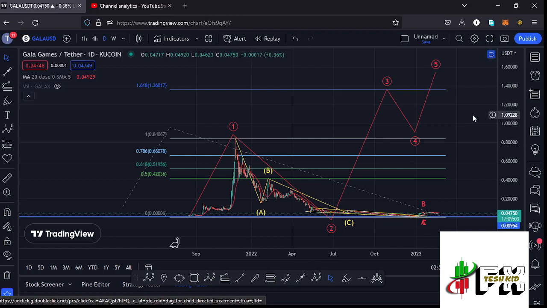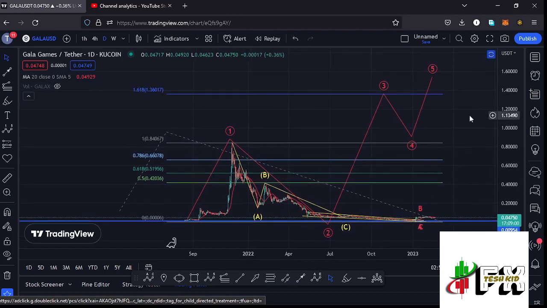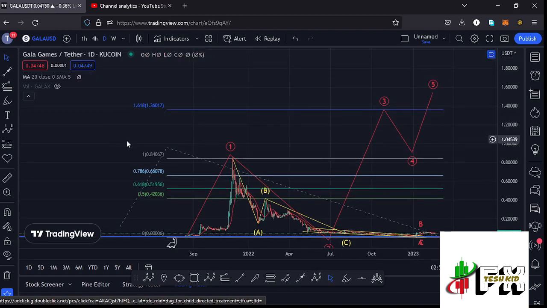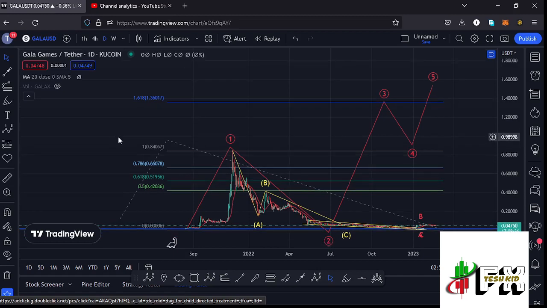And after seeing the formation of a higher Elliott wave count 2, whatever we expect next is that massive bounce to the upside in the formation of that wave 3, where I have minimum target areas to the upside in the formation of that wave 3 at the fib level 1.618, and that is at around the $1.36017 mark, and that is the minimum that I'm expecting that wave 3 to the upside to do. Then we can expect a wave 4 and then push even higher in the formation of that wave 5. So that is what I'm expecting here on the short-term scenarios and also on the long-term scenarios, and let's be patient and see how that plays out, and I'll be keeping you updated.